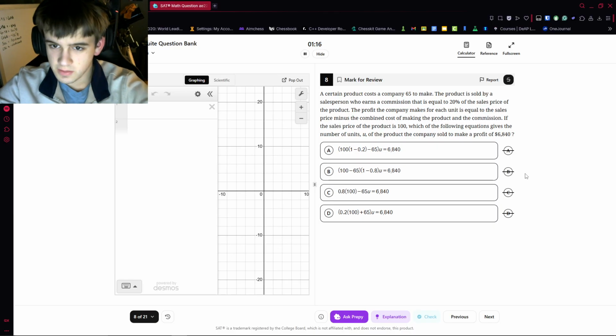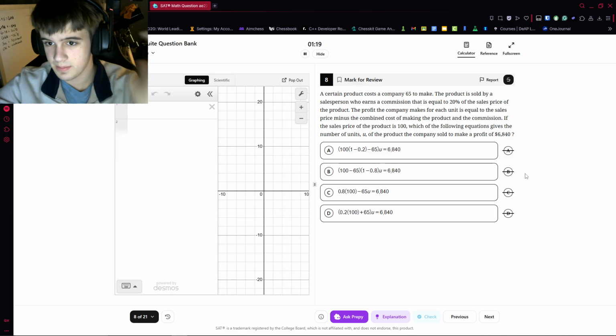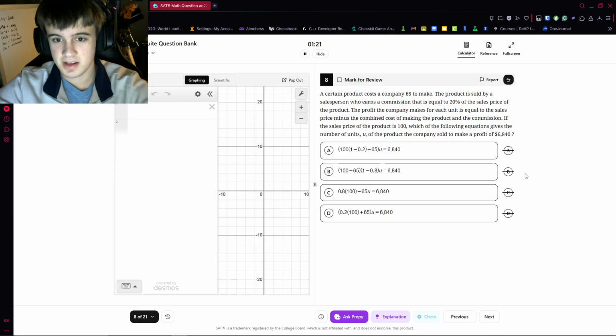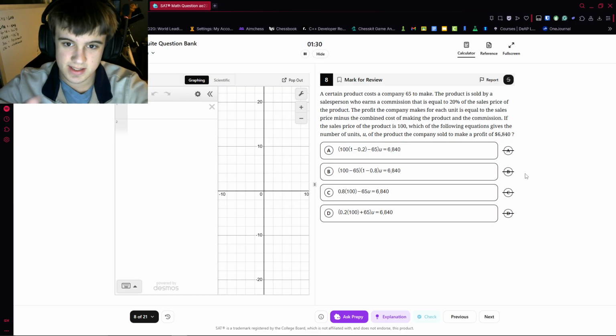Number 8. A certain product costs a company $65 to make. The product is sold by a salesperson who earns a commission that is equal to 20% of the sales price of the product. The profit the company makes for each unit is equal to the sales price minus the combined cost of making the product